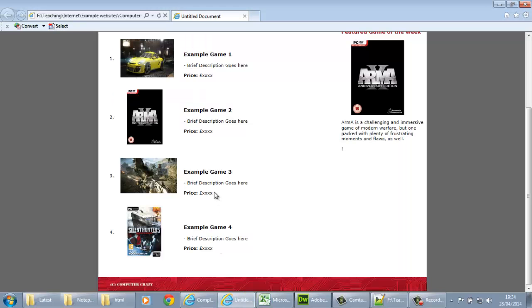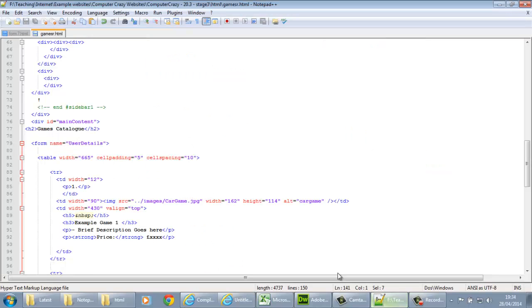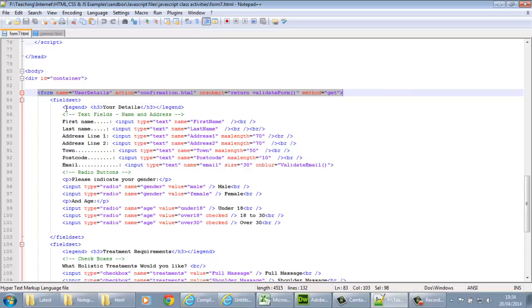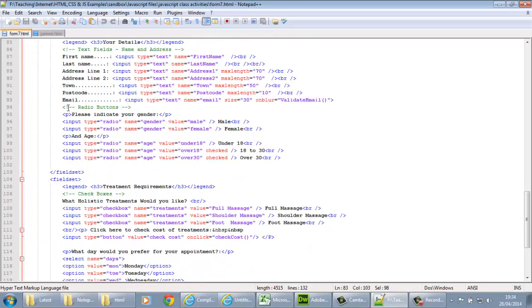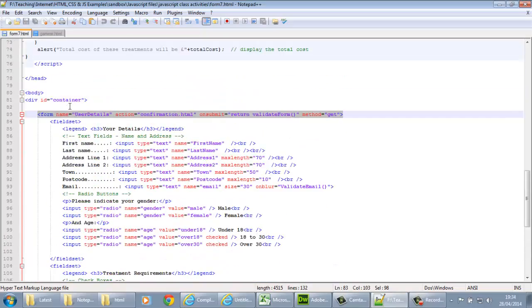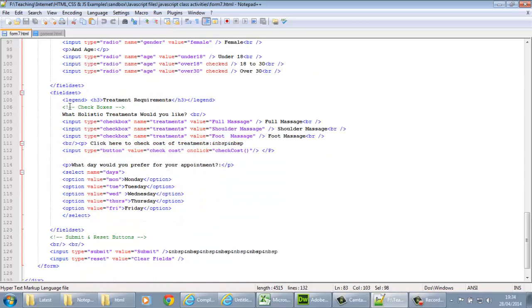So I want to put a checkbox basically next to, on the line after, the price for each of my games. So once again, I'll have to write code. I'm going to be lazy and just copy it from my existing massage view form, so I know it works if I can find it. There you go. Checkbox, input type checkbox, name, treatments, and value. Copy the lot